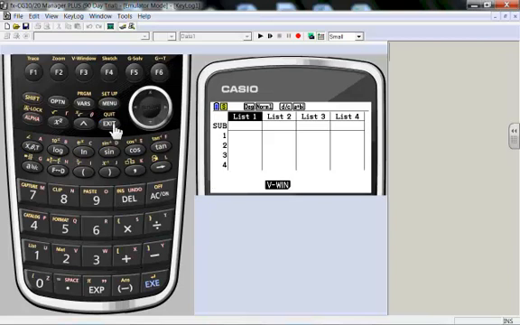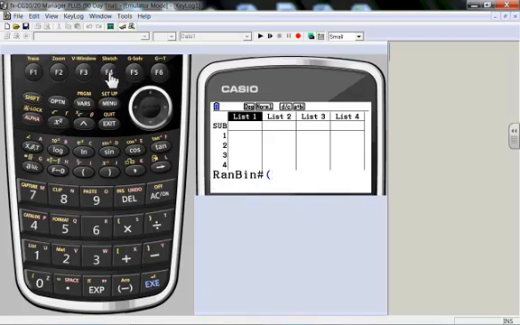So I'm going to go to the beginning here. I'm going to go to options. Let me go back up to the top. I want to input a formula where I'm going to put in a list of numbers generated by the calculator at random. Going into options, probability distribution F5, random, which is F4. I'm going to go with random